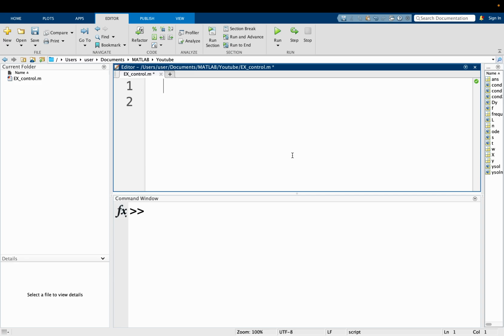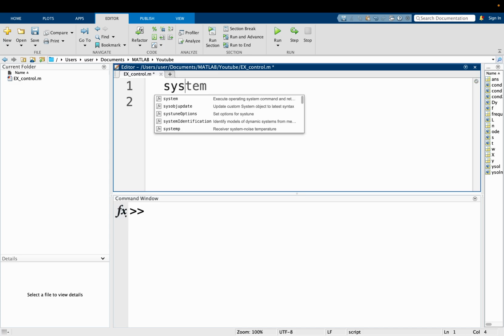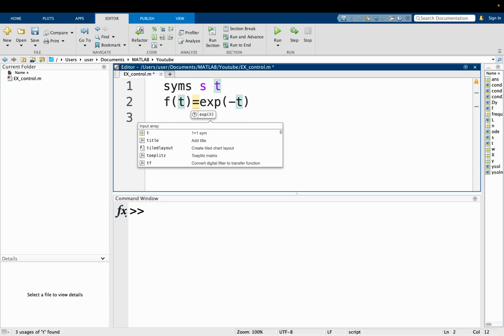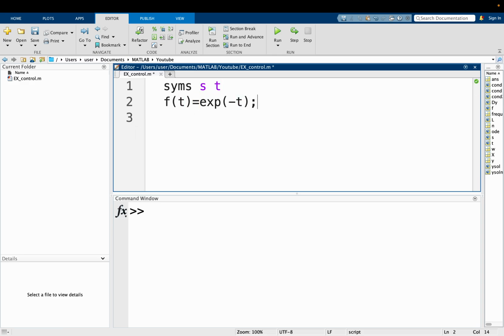We have to define our time domain and s domain variables, that is s and t, as symbolic variables using syms. So s for the s domain and t for the time domain. All we need to do is, for example, if we have an f of t which is defined by exponential of minus t, and you want to find the function in